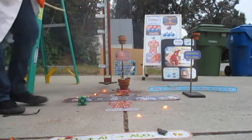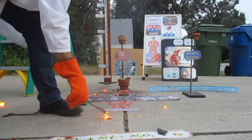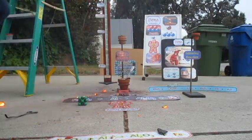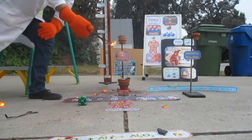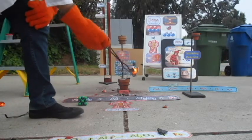We didn't start any fires, did we, guys? I'm going to throw this down. Boom. Oh, it's going to mold it. What? On the what? On there? That's fine. Is that cool? Is that molten? You see that? Don't come too close. You see that? That is a big chunk of molten